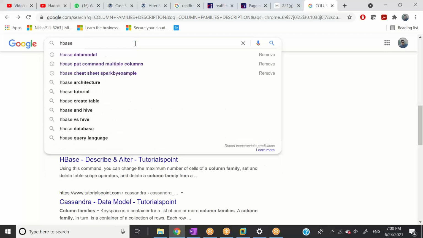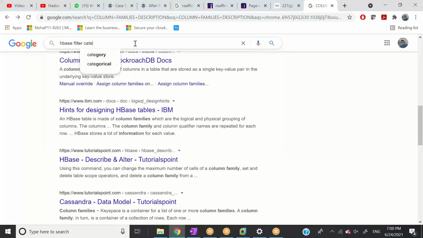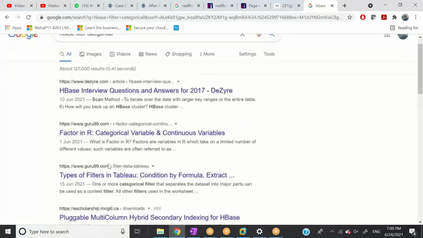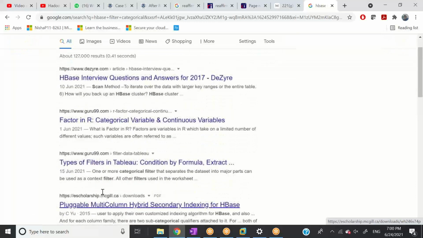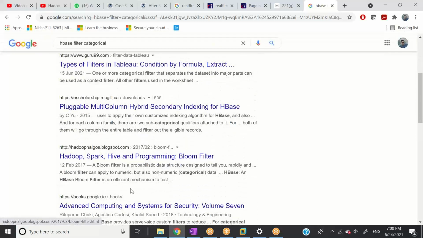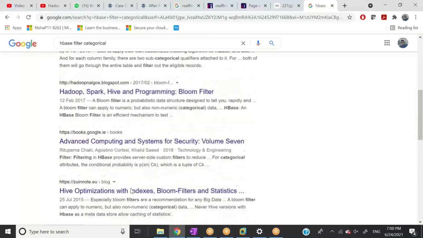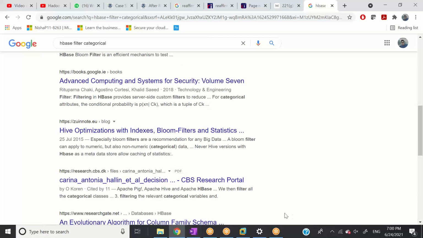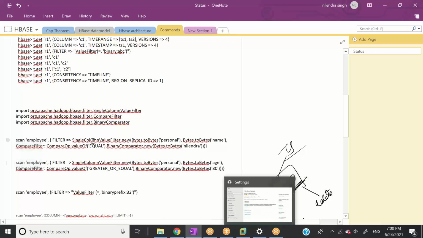I didn't have the slide for it. Let me show you the HBase filter categories. There are 3 categories, I think. I'm not sure of the names, but I have the examples ready.